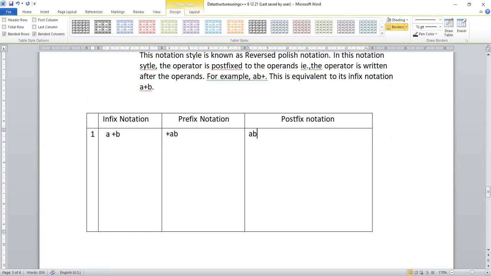In postfix we can write it as ab plus. Second one, in the second case, if I am using brackets, a plus b,